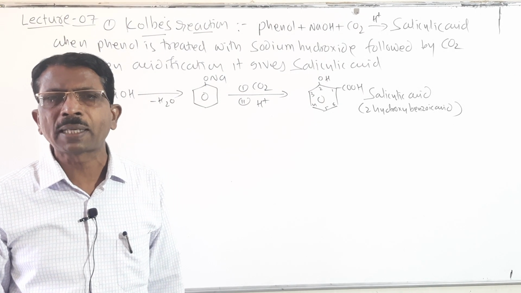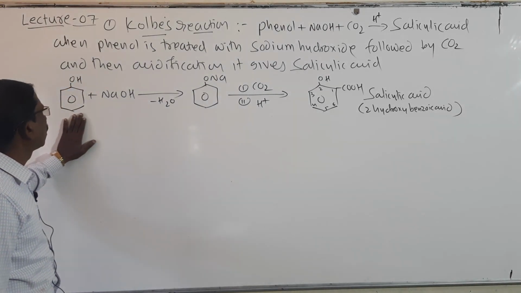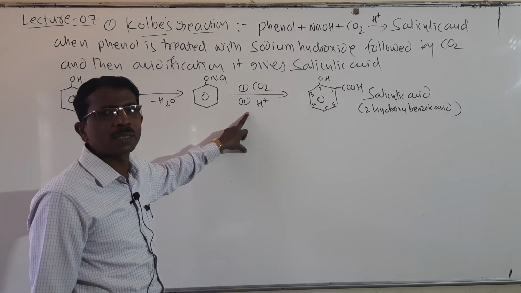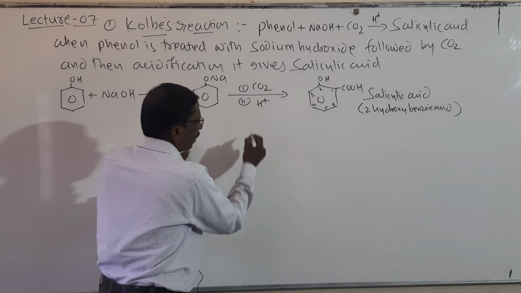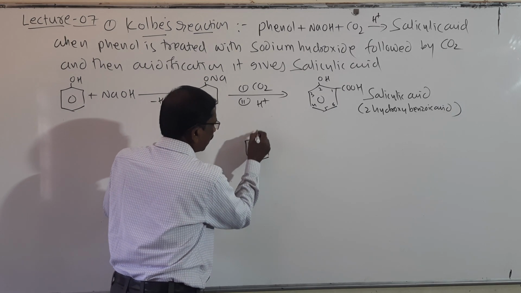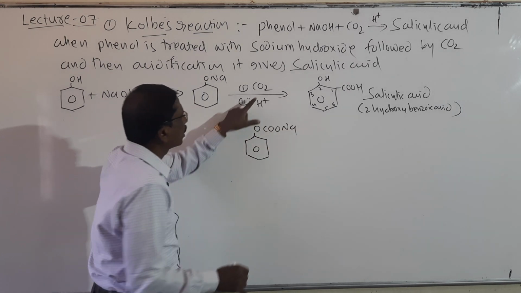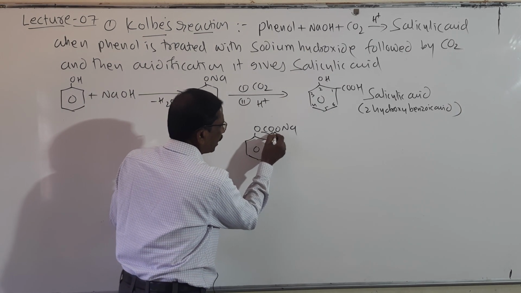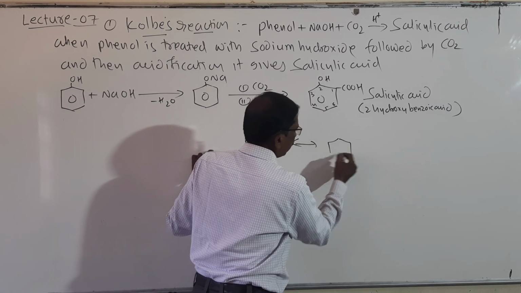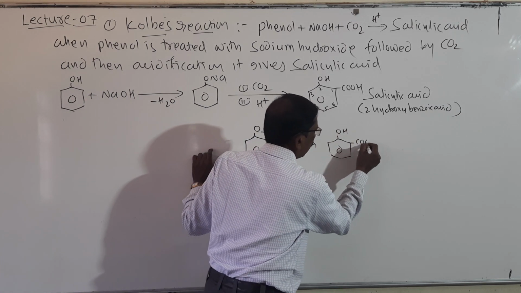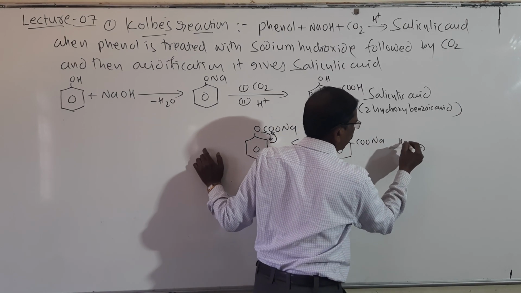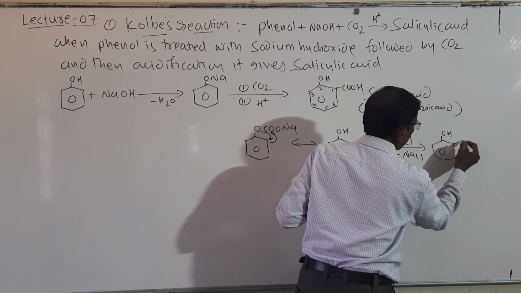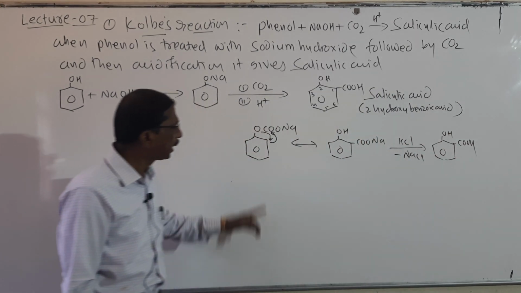Explain Kolbe's reaction with an example. So write Kolbe's reaction. Phenol is treated with sodium hydroxide, forms sodium phenate, and when it is treated with carbon dioxide, the product forms like this, that is OCOONa. Look here students, then the rearrangement takes place and it forms OH, COONa, and then after acidification, NaCl goes out, and it forms OH and COOH. It is the reaction method.